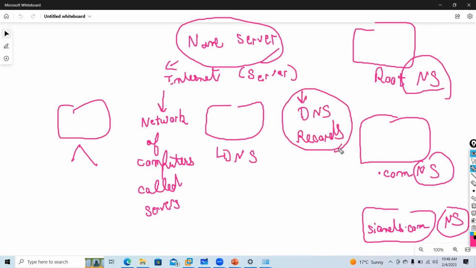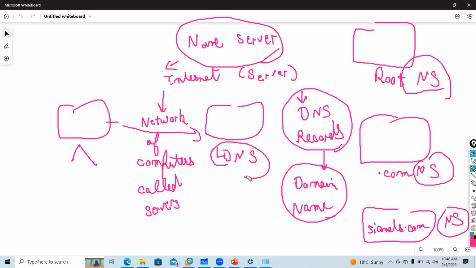So name server is one component that keeps all your DNS records related to your domain. Simple definition, guys. Don't make it complex. So name server is a server that keeps DNS records. Its job is to provide DNS information to whoever is requesting. That is why, if you see, the client will send a request to the local domain name server. If it does not have a record, it will forward to the root server. If it does not have it, it will give a reference.